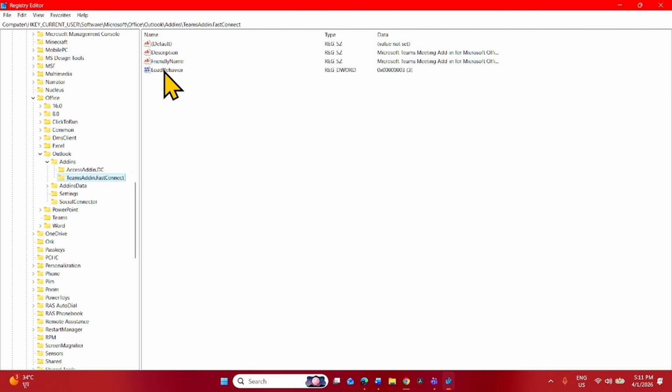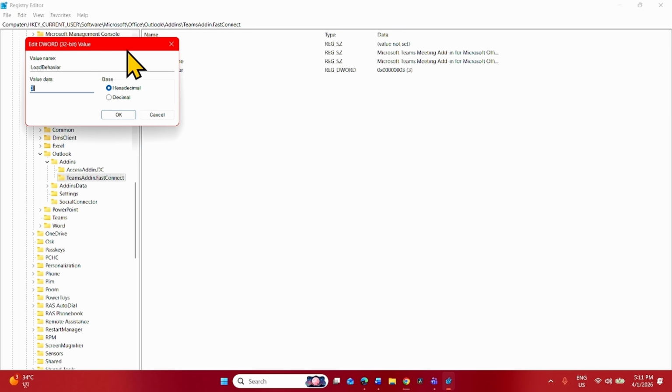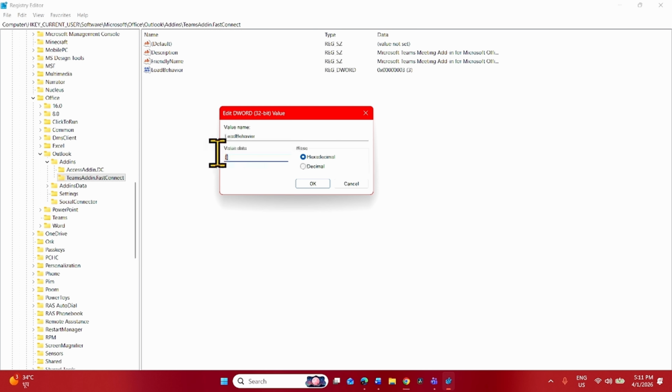Look for the dword value load behavior and change its value data to 0. Currently the value data of load behavior is 3. Right click on this value, select modify, change the value data to 0